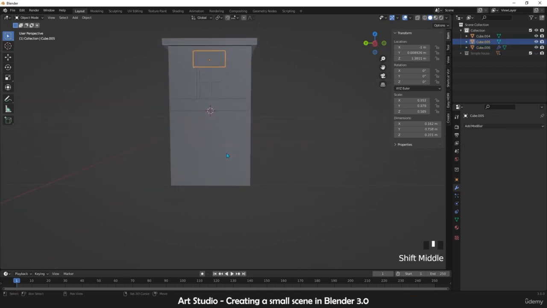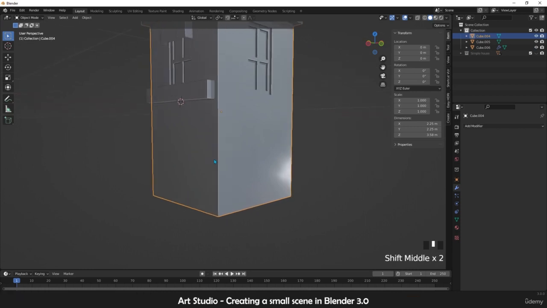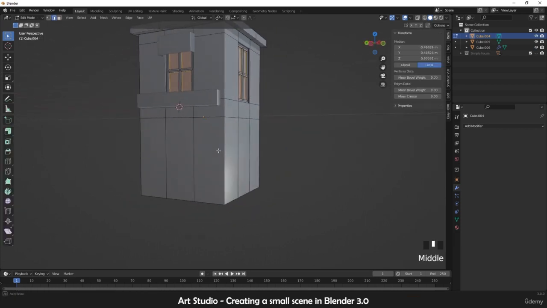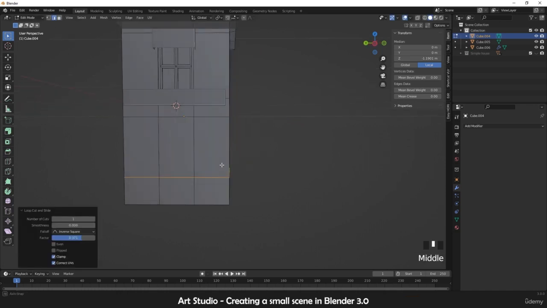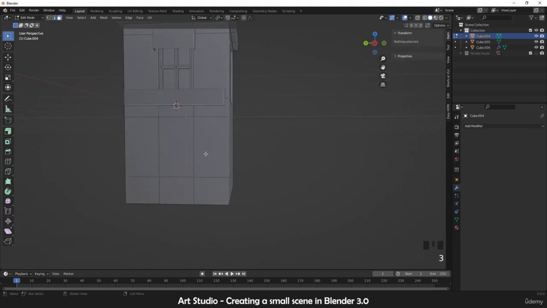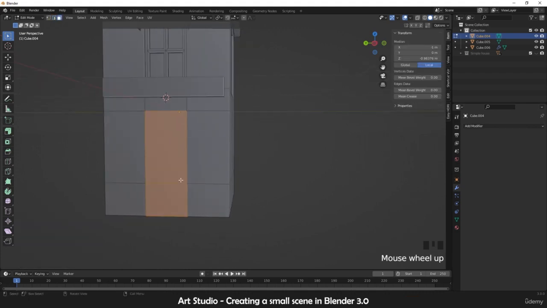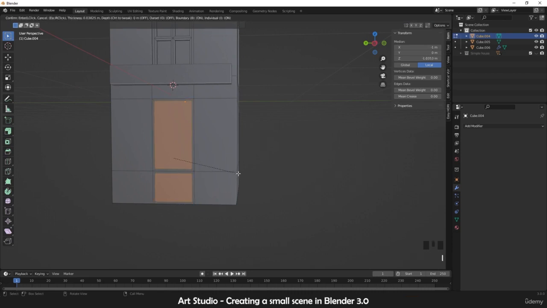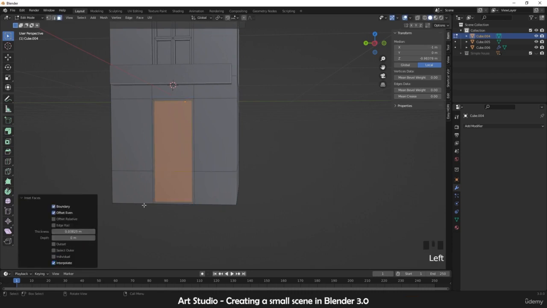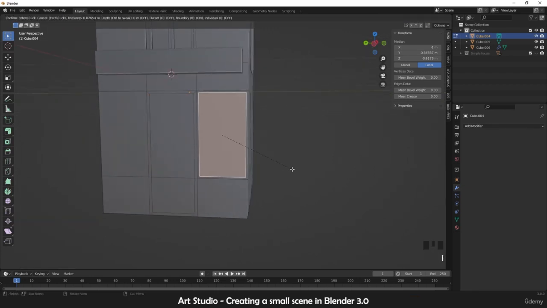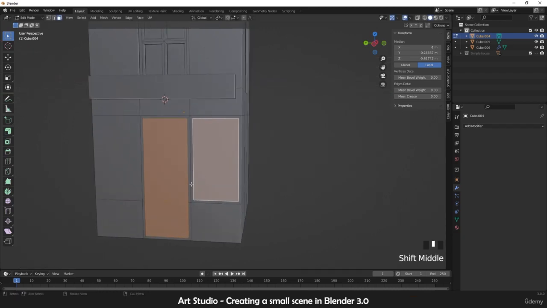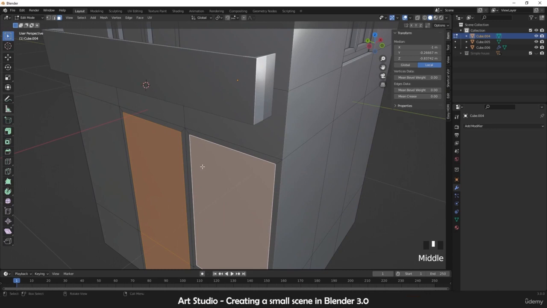We maybe need to again, so here we want to add some windows and doors and so on. So I just add a loop cut right here, about here, that should be fine. And then I just select this part and press I, and I turn off individual in this case. So yeah, and here as well, I, and about here should be fine. So E for extrude,